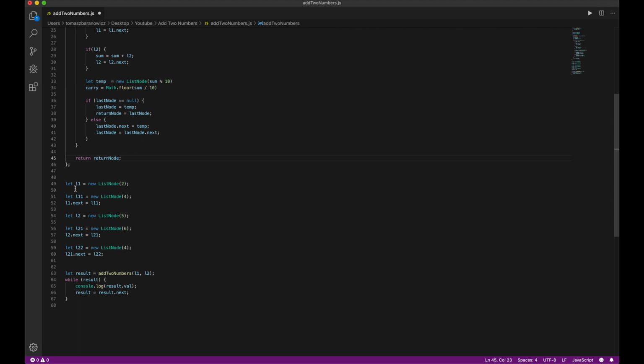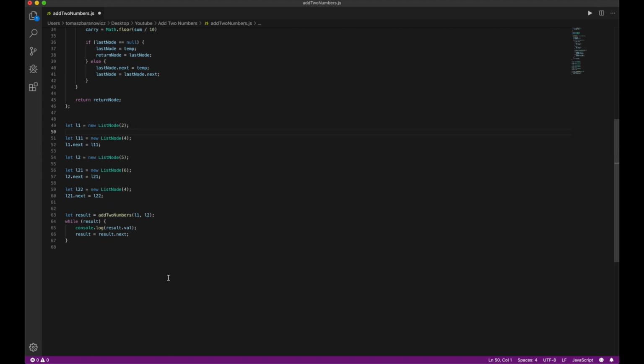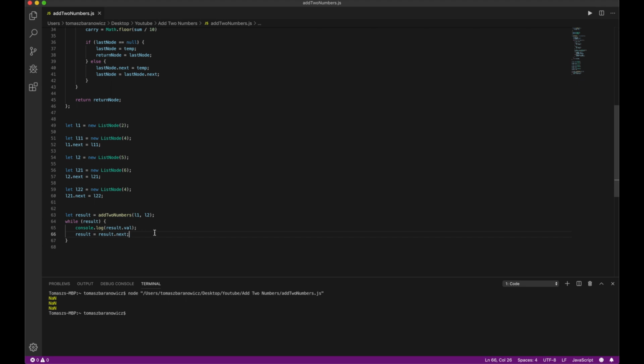And yeah, as you see, I created two lists, exactly the same as we used on the whiteboard. So there's 42 and 465, and I used them to count the value, and because it's a linked list, the result will be printed in the form of the values one after another. So yeah, let's try if that will work. Oh,